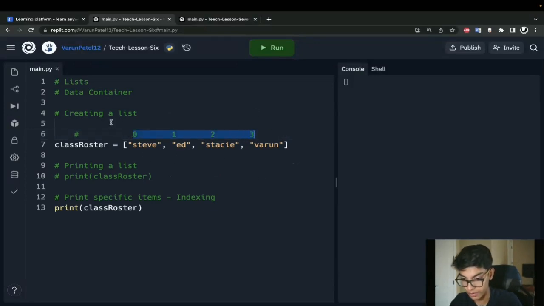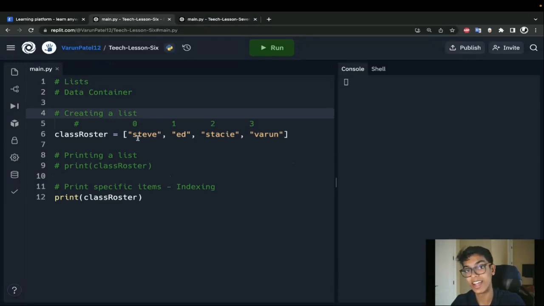Okay, so what's going on here? As I said, each of these items has their own address. So think of this 0 index pointing to the name Steve. Whenever I give it the index 1, it points to the name Ed. So now let me return to what we were doing earlier. We want to print out Steve's name. So in order to do that, I then open up my brackets. This might look a little weird, right? We're going to have these brackets right here after we say the list name. And then we're just going to put the index of the item that we want to pull. So again, I want to pull Steve, and Steve has an index of 0.